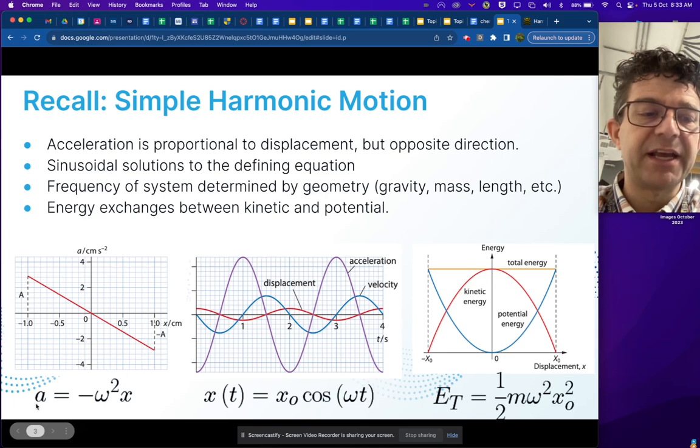And that generating equation is written as the acceleration is equal to the opposite of a constant. In this case, we have figured out in simple harmonic motion that that constant is the angular frequency squared times the displacement. So the acceleration is proportional to displacement, but in the opposite direction. When we look at the fact that the acceleration is the second derivative of the displacement, what we find is that there is a sinusoidal solution to this defining equation,